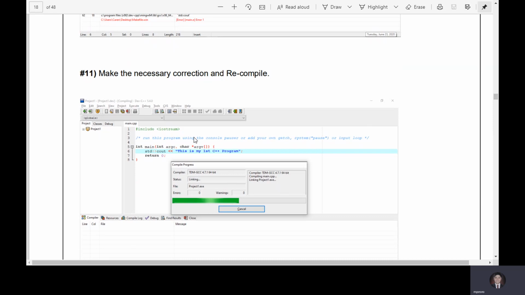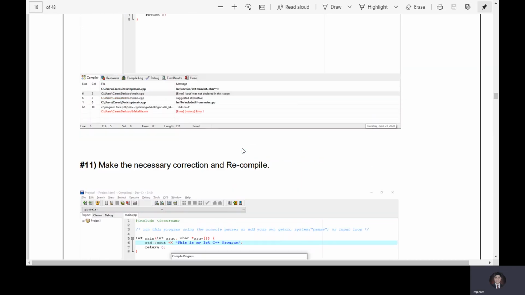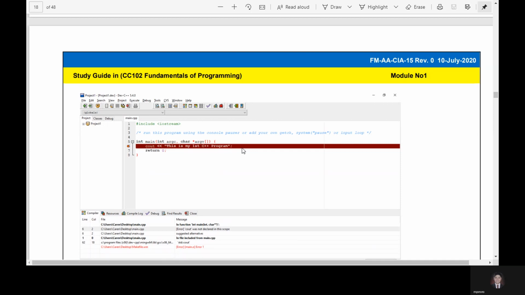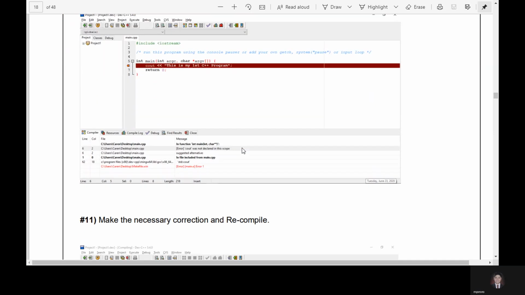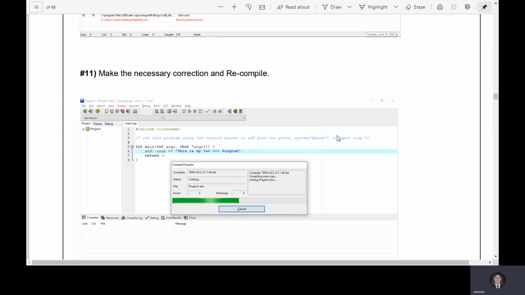So, i-correct natin. Ito na yung correct na code. Ayan. So, ano yung error niya dito? Titignan natin. Ang error niya ay